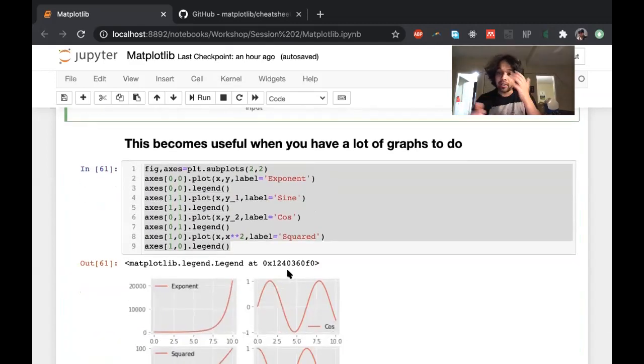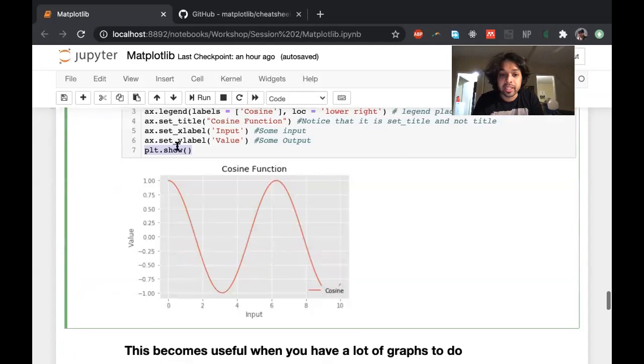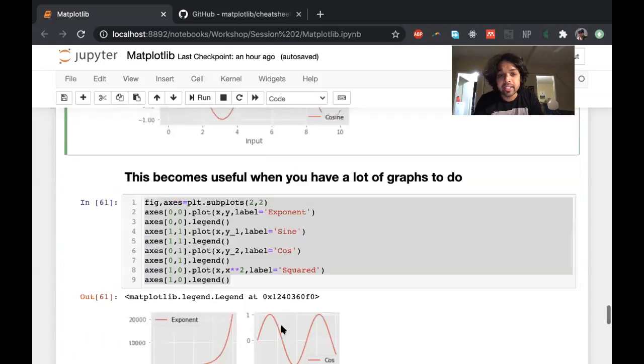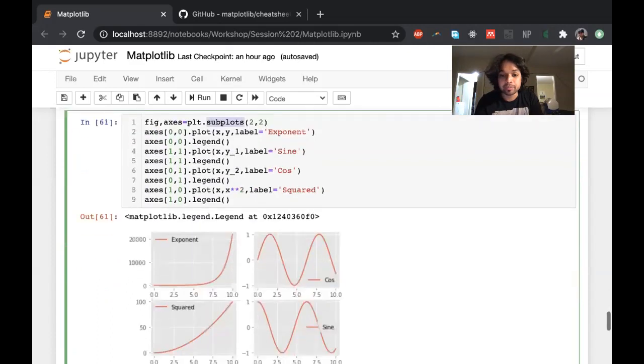Now, why? I mean, if plt works perfectly, why does someone ever use subplots to create a graph? The reason is that subplots basically gives you a figure with, say, 4 graphs. So I've created a subplot of 2 comma 2, which means 2 cross 2.